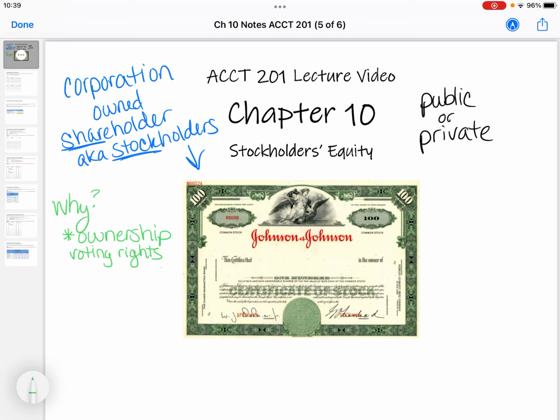You don't have the ability to make major decisions, like for Johnson & Johnson. You're not going to determine if the Band-Aid needs to be discontinued, right? You're not going to make that decision, or even decide what color Band-Aid to start manufacturing. You will just simply vote for the board of directors, and the board of directors then will vote for the executive cabinet and other major decisions, like buying other corporations or investing in large things, that kind of stuff. So you do have some ownership.